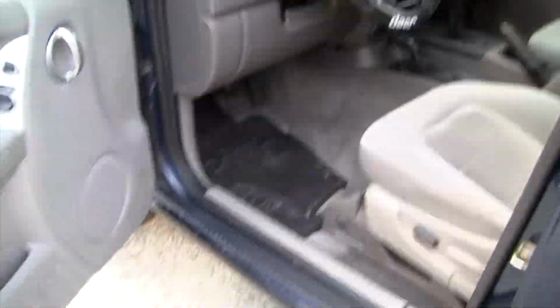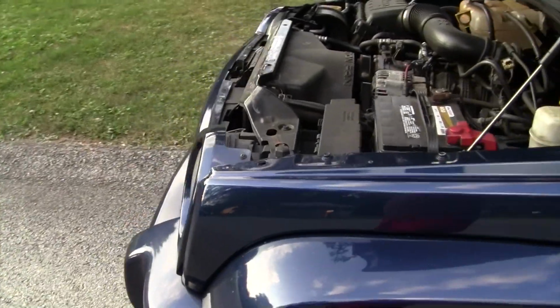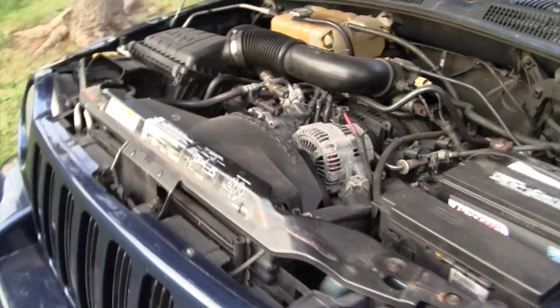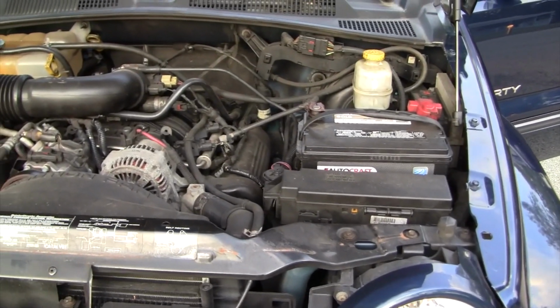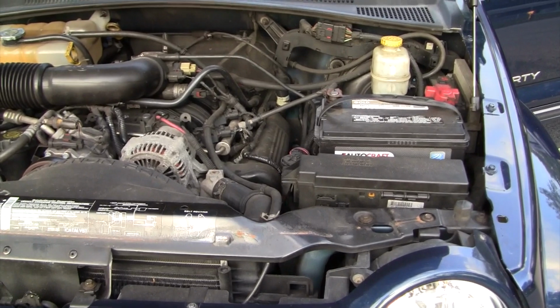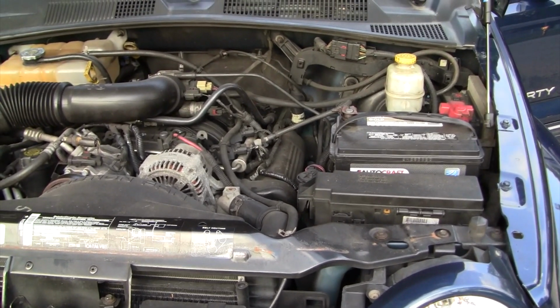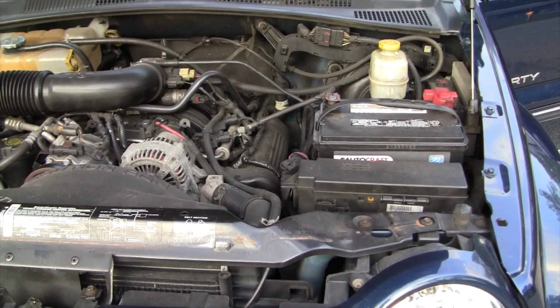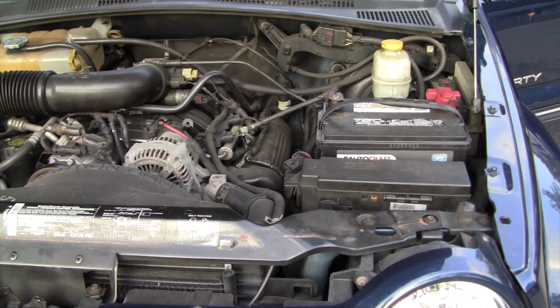Now, if you do a remote start aftermarket on here, you want to make sure they have a multiplex system, it's called, for the electrical system. So it uses a CAN system to deliver the message to the PCM or body control module possibly too, to enable the lights to blink. And there are set voltages, set resistances. So you do need to make sure that if you hook up a remote start to this in aftermarket,